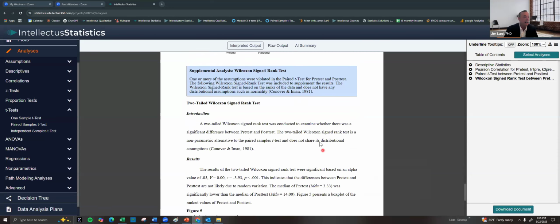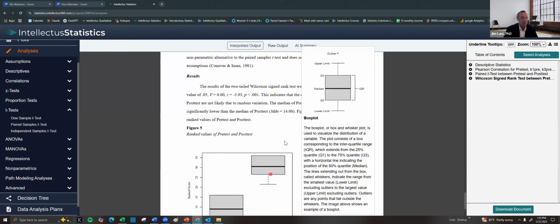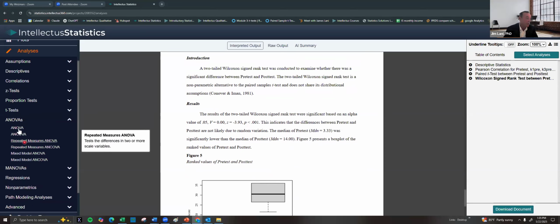When assumptions are violated, it automatically runs a test that is looking at differences that has an assumption violation. The Wilcoxon is such a test. It's comparing these medians. Okay? And you can see that the medians are different between 3 and 14, and the significance there. ANOVAs,